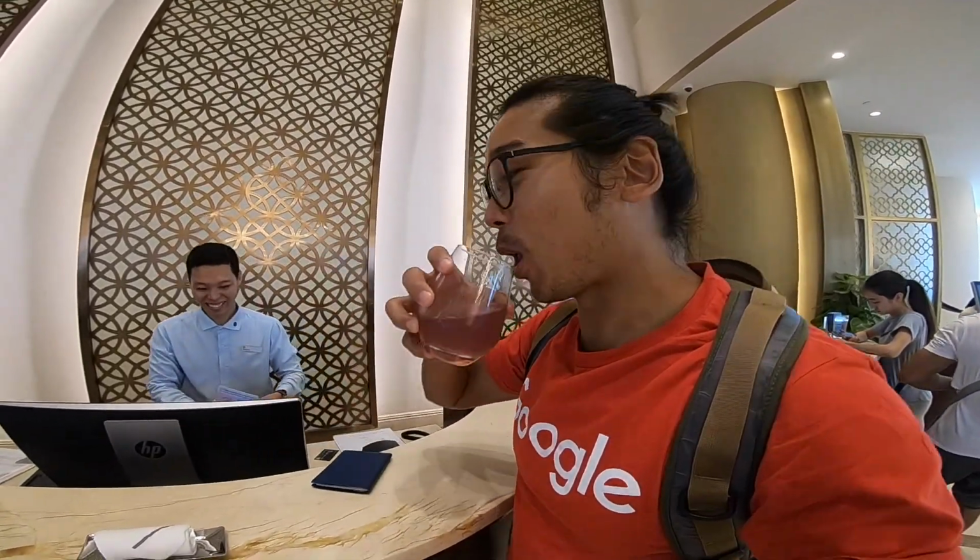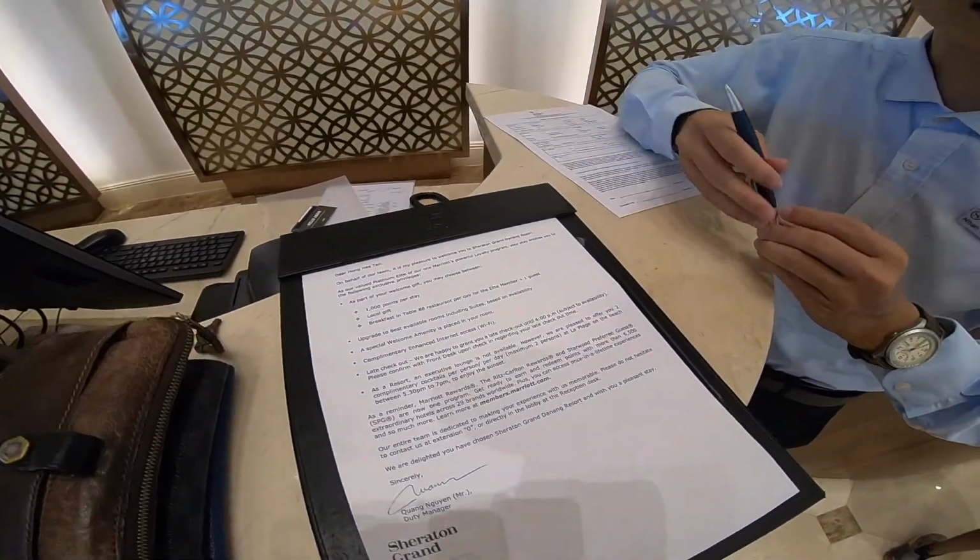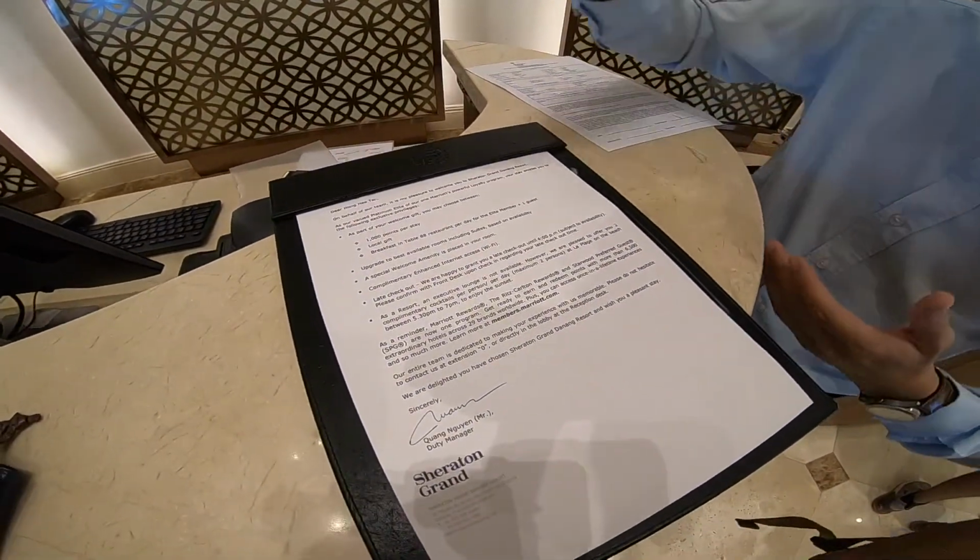So here you got the welcome drinks. It looks pretty, a beautiful color. Something sour, but lemon juice. Very nice. As you are a platinum member and a loyalty member with us, we would like to introduce you